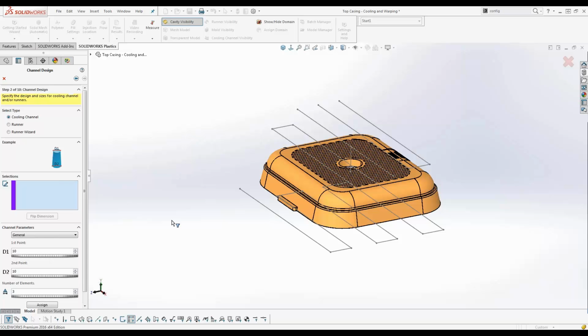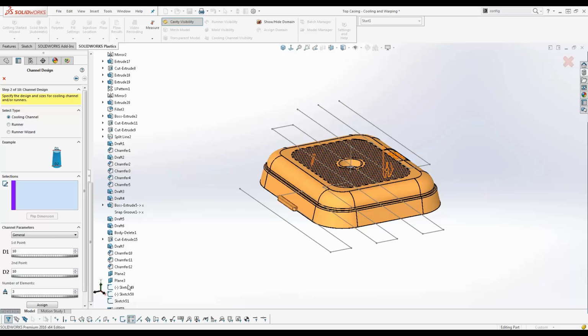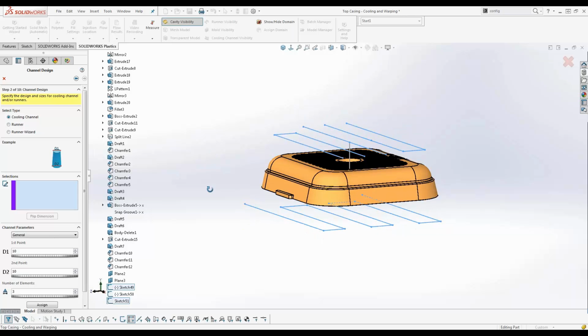So SOLIDWORKS starts recognizing the model, and we have here cooling channel design, runners, or runner wizard. So we are going to use the cooling channels, and to define the cooling channels, we just need to select the sketches that are forming them. These sketches are created